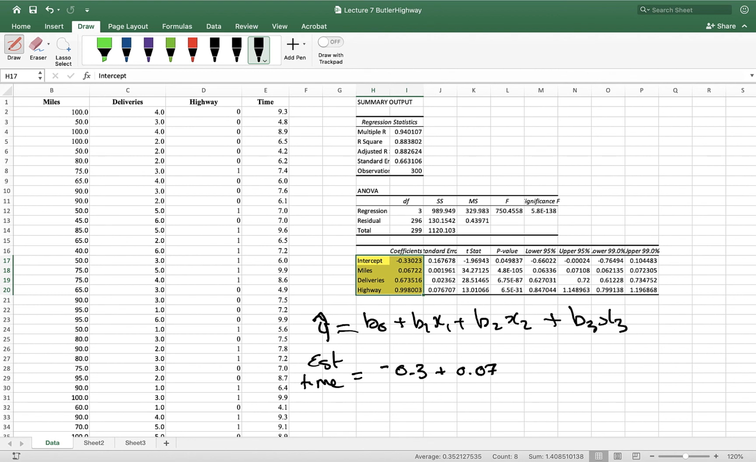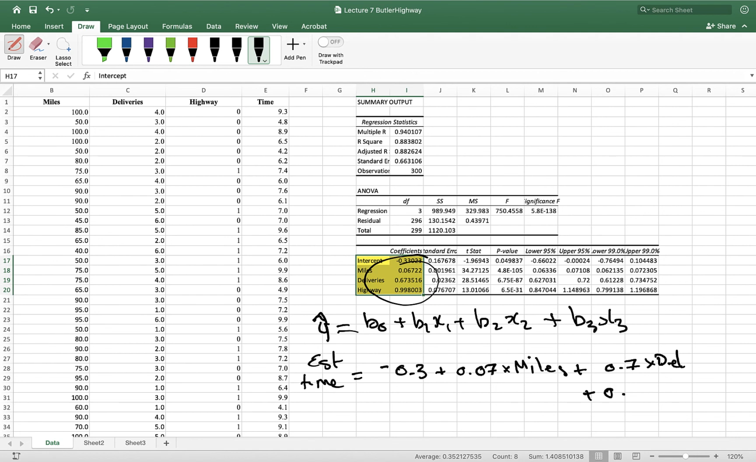0.07 times miles, plus 0.7 times. So I'm actually just taking these figures from in here and I'm actually just rounding them to 1 decimal place times the number of deliveries you make, and plus finally